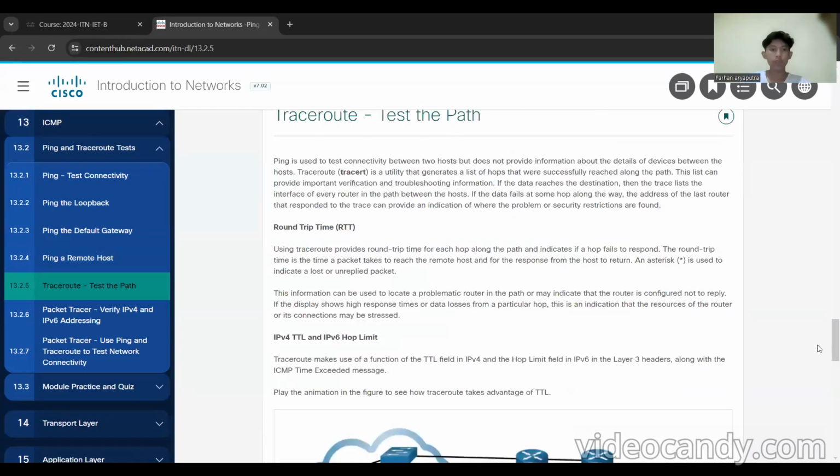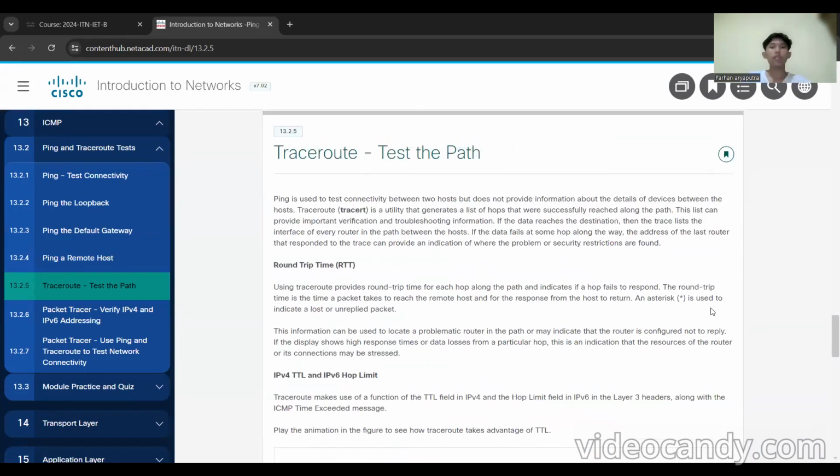Okay, next. Traceroute. Ping is used to test connectivity between hosts but does not provide information about the details of devices between the hosts. Traceroute is a utility that generates a list of hops that were successfully reached along the path. This list can provide important verification and troubleshooting information.